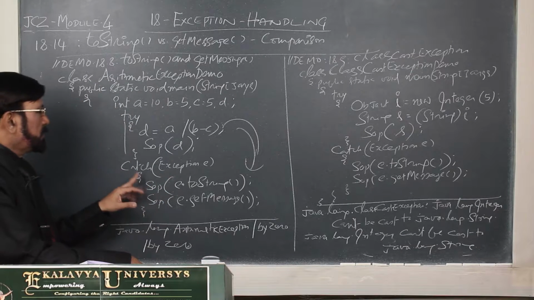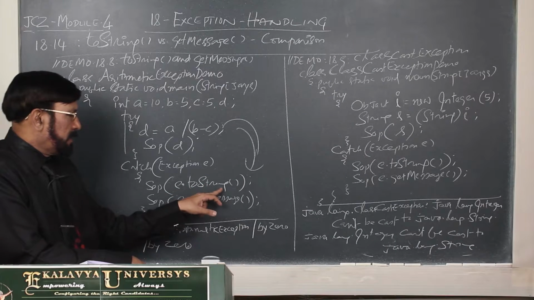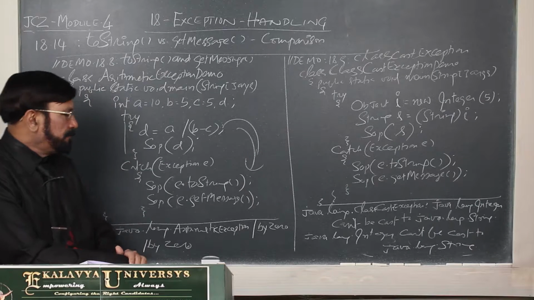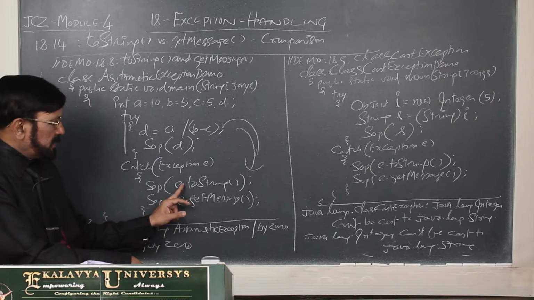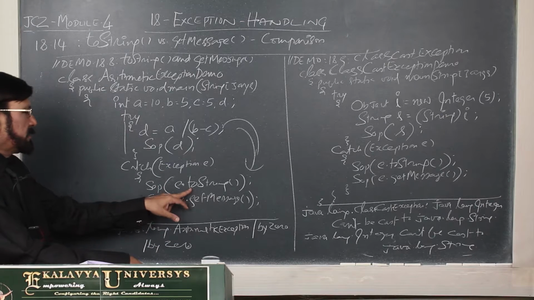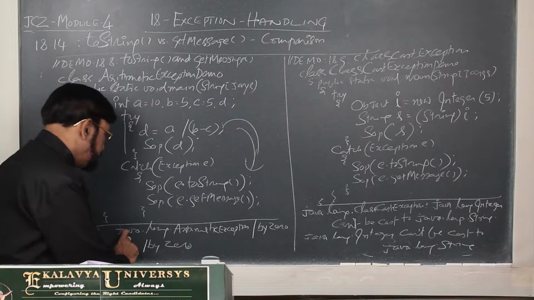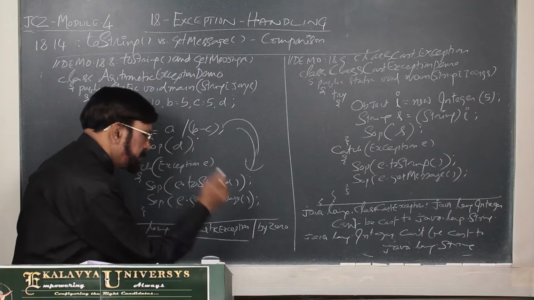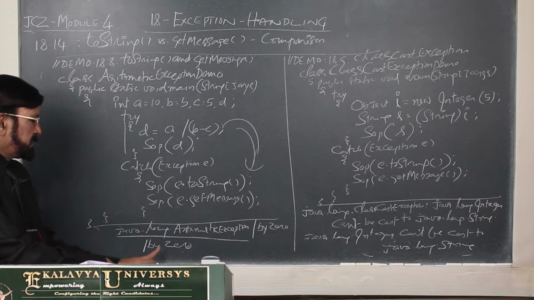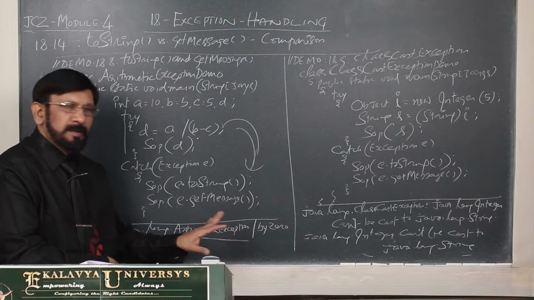Okay, that point you remember. Thereafter, here I am writing e.toString and e.getMessage. Both I have written. These are instance methods, that is why we are using the instance. As a result of e.toString, what message did we get? java.lang.ArithmeticException: / by zero. And as a result of getMessage, just no technical information, only "/ by zero" is printed.